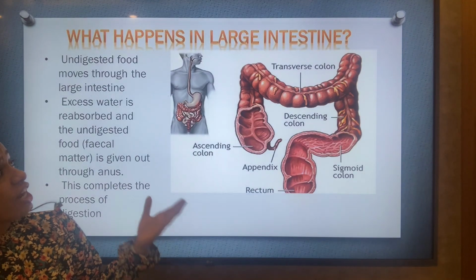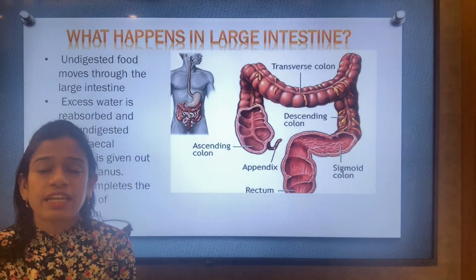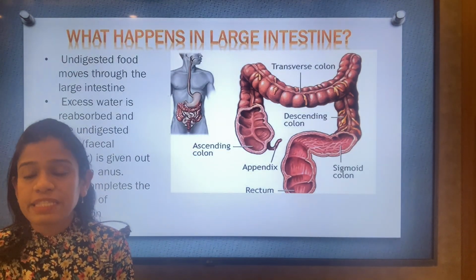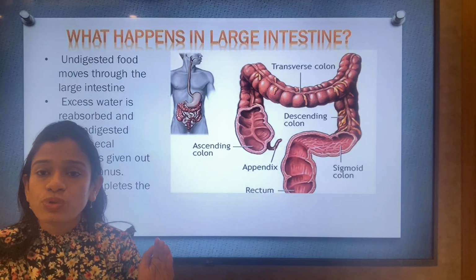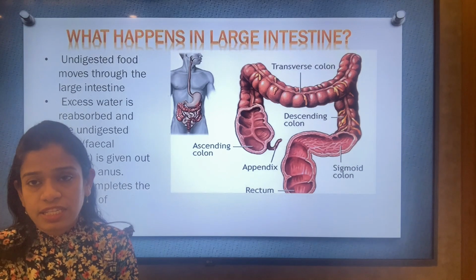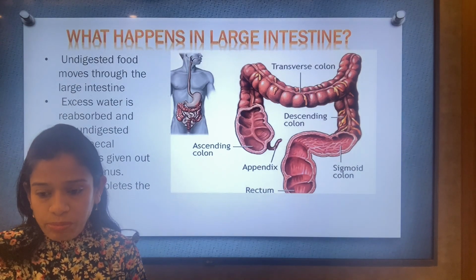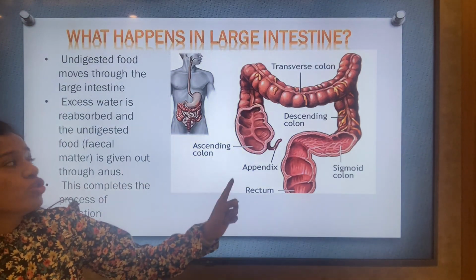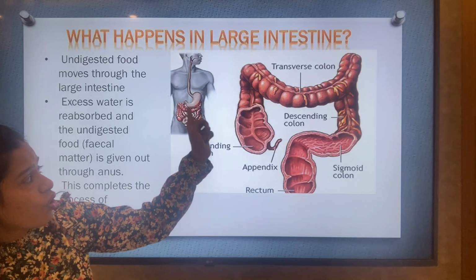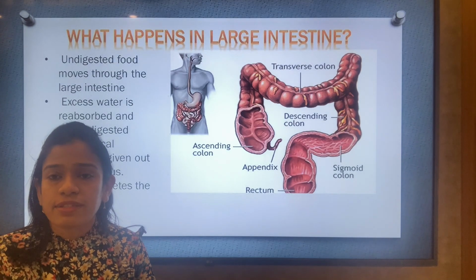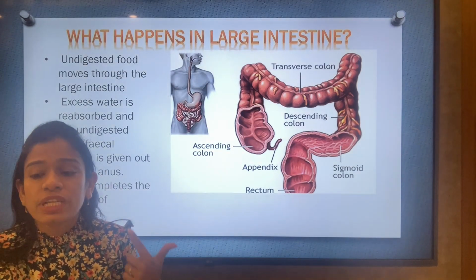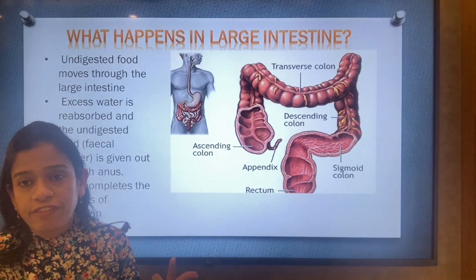After the digestion has taken place, the absorption has taken place, then what happens? Now the food that has not been digested or which was not required by the body moves on to the large intestine. Now when it moves on to the large intestine, there the food is excreted out or given out through the